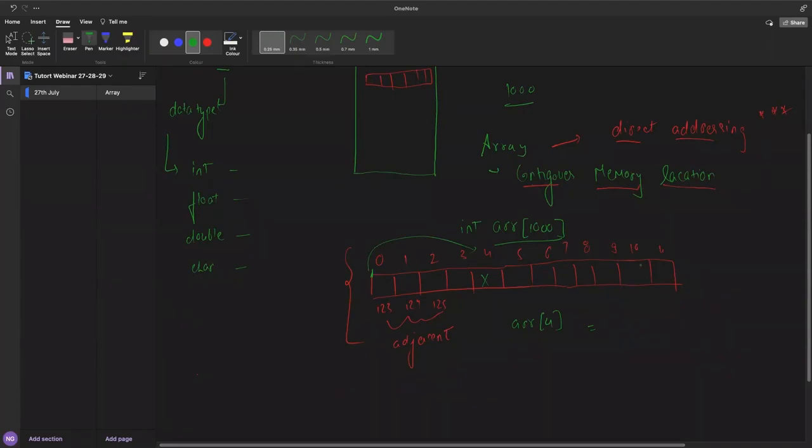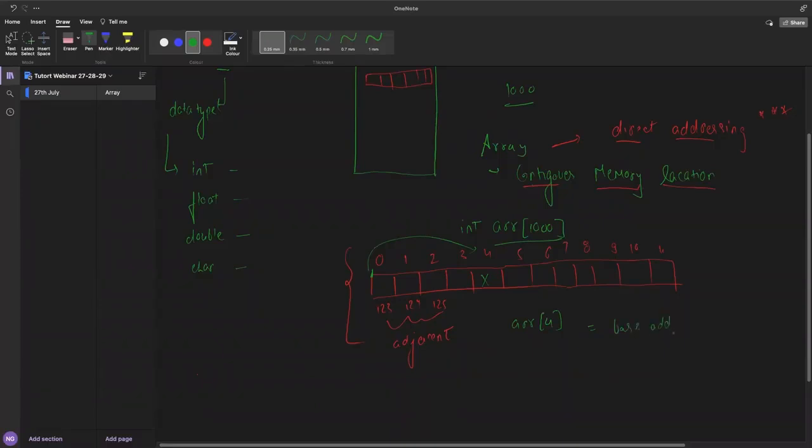So every time you declare and initialize an array, there is an internal calculation. There is something called the base address.